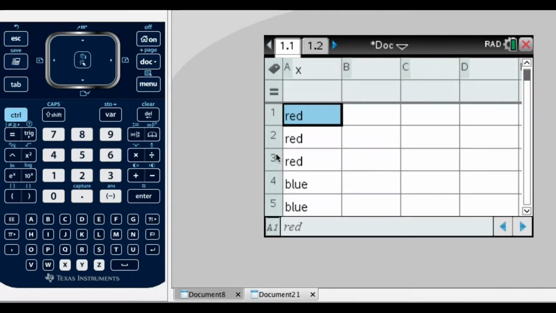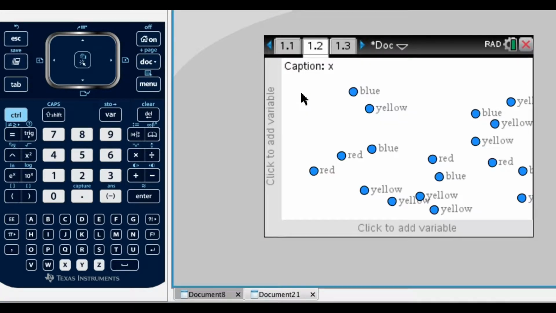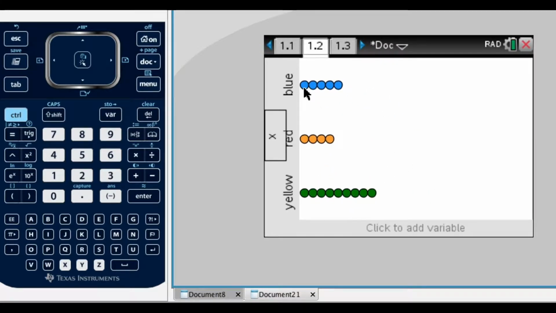When we look at categorical data, things where words are our answers, here I've input several things in column A, and notice I labeled it X, the X variable at the top. I've added colors like red, blue, and yellow. So I'm going to open a data and statistics sheet, and then on either axis we click the X